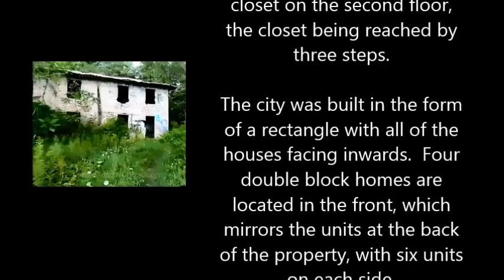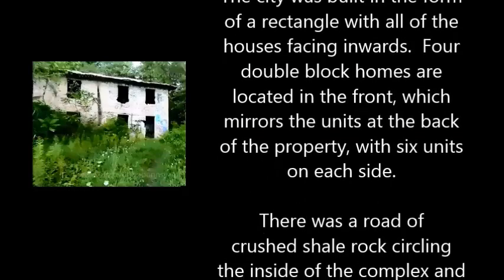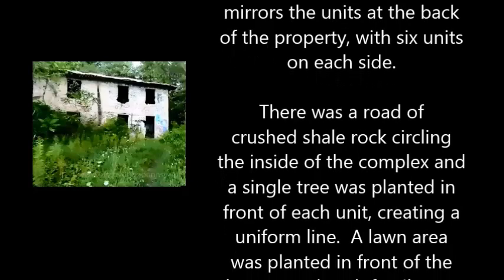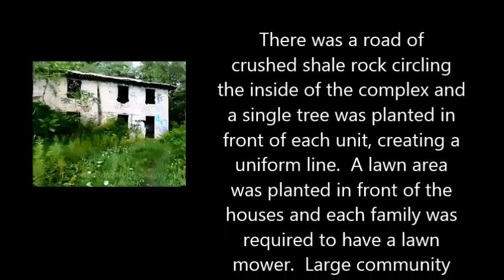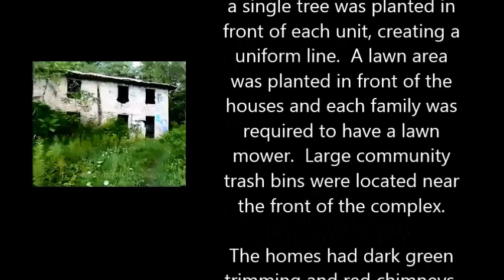4 double-block homes are located in the front, which mirrors the units at the back of the property with 6 units on each side. There was a road of crushed shale rock circling the inside of the complex, and a single tree was planted in front of each unit, creating a uniform line. A lawn area was planted in front of the houses, and each family was required to have a lawnmower. Large community trash bins were located near the front of the